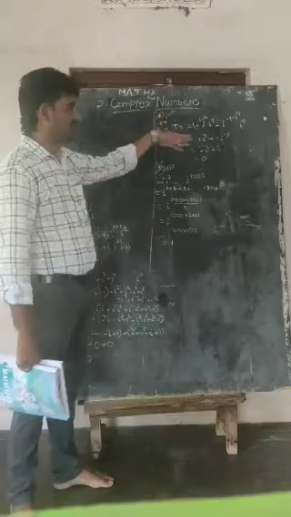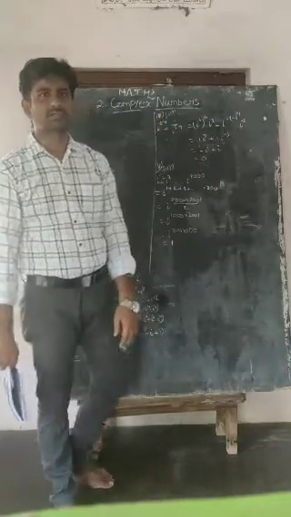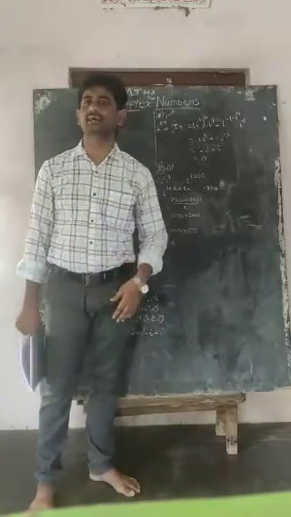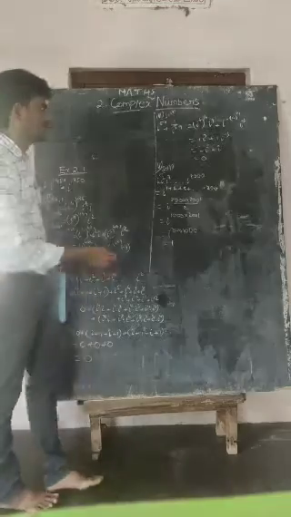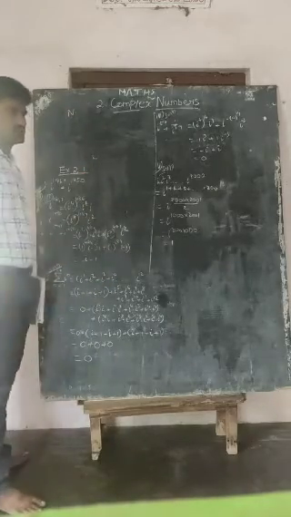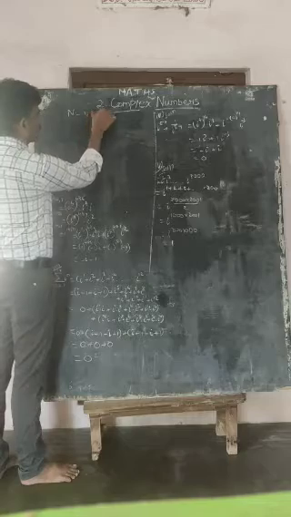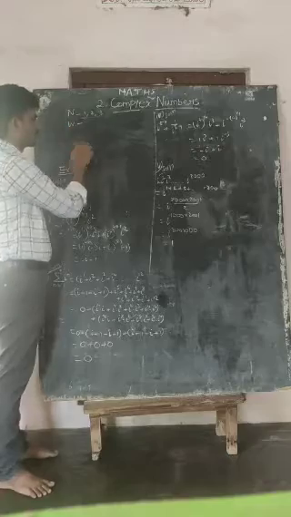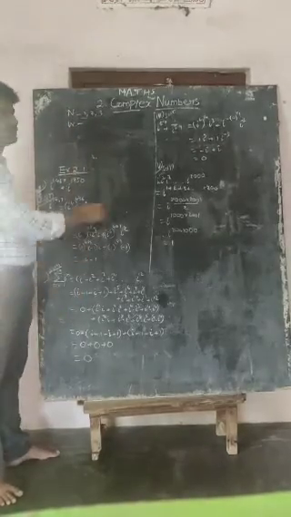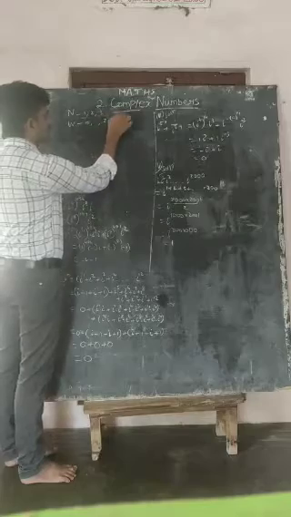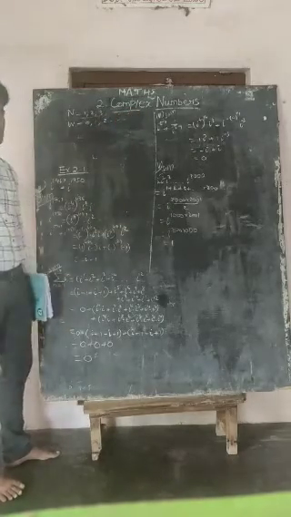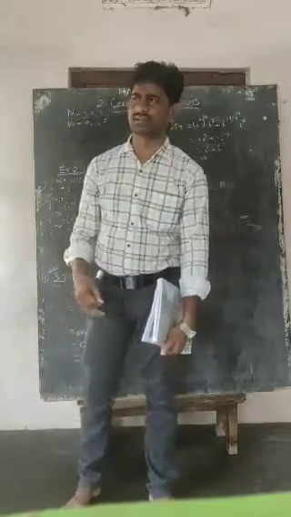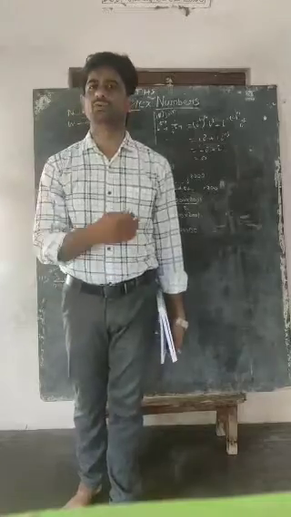Before we start the lesson on complex numbers, we have to discuss something about the number systems. What is the meaning of number system? We studied this in our lower classes. Some of the numbers are the natural numbers, represented as N. The numbers that start with 1 are called natural numbers. After that, we study the whole numbers, represented as W. The numbers that start with 0 are called whole numbers. Natural numbers, whole numbers, prime numbers, composite numbers, a lot of number systems we have studied from lower classes onwards.